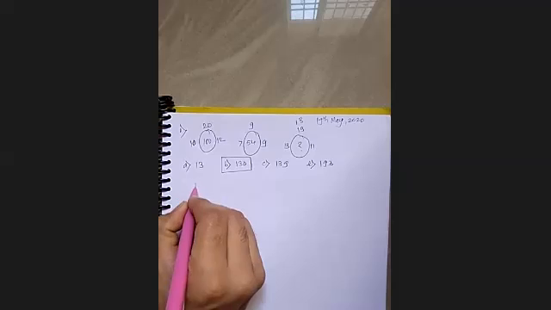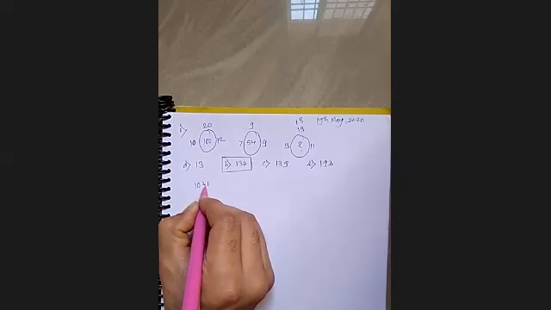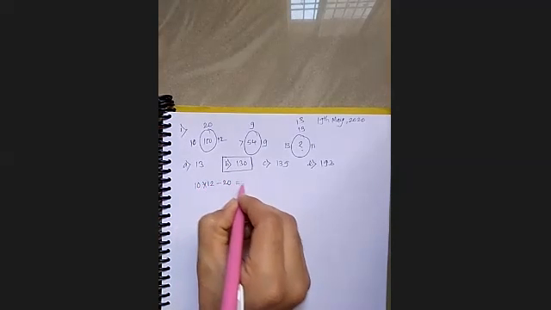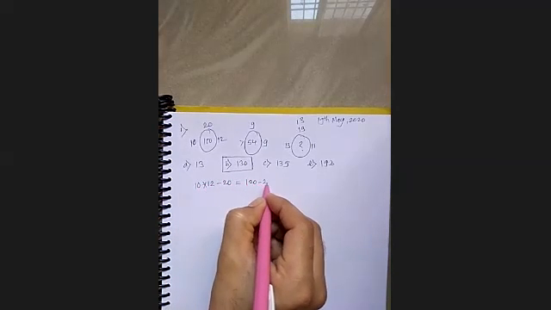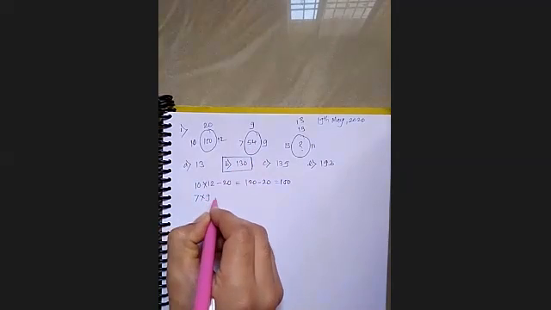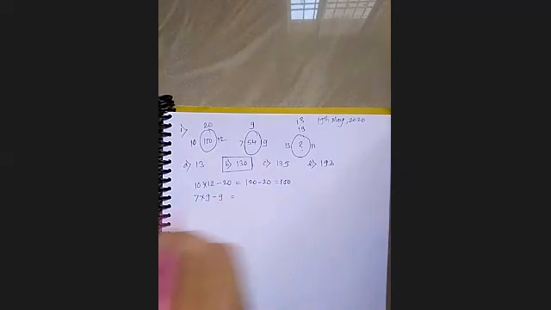Right? So 10 into 12 minus 20, so it becomes 120 minus 20 is equal to 100. So for this one, 7 into 9 minus 9 is equal to,